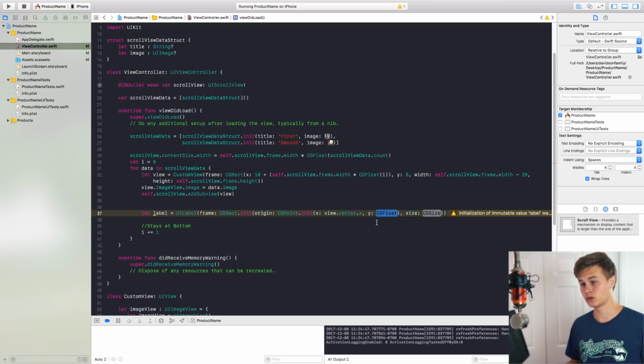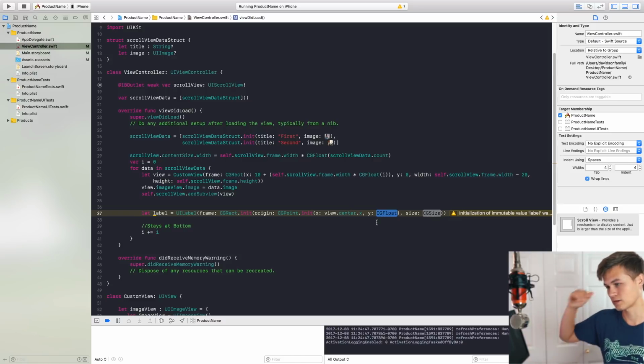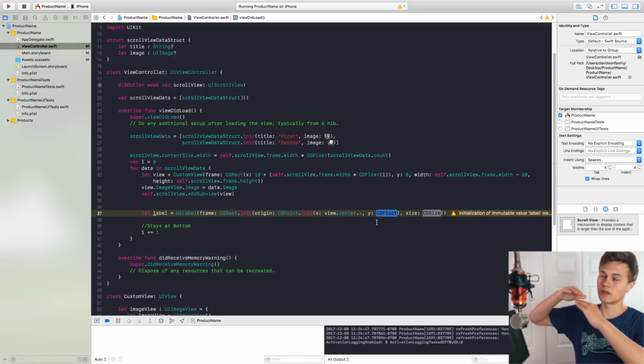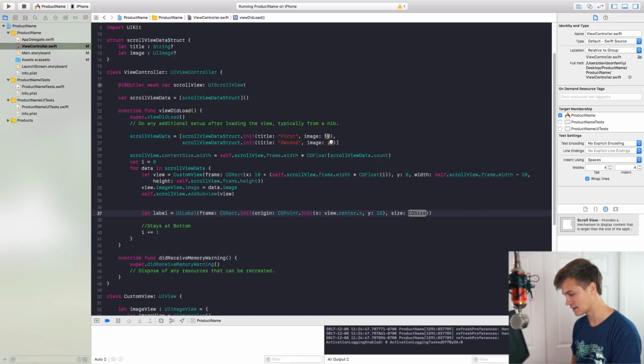So for our origin here, this is going to be the center point of our UI label. We want to go ahead and put in a CGPoint.init, in which we'll give it an x value of myView.center.x. And then for our y value, I do not want to directly put this at the top of the scene. I want there to be some gap, so I'm going to go ahead and put this as 10. And then for our size here, actually I'm going to set this at 20,